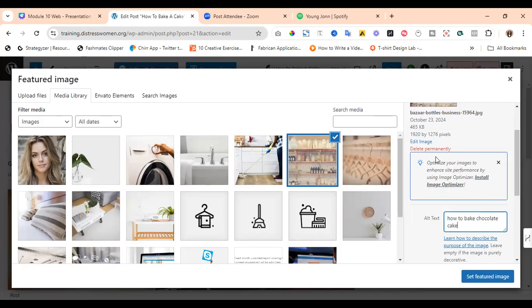So now even WordPress is recommending you to install Image Optimizer, so you may just want to install it. What the optimizer does is, any image you upload, it helps reduce the size of the image to fit the recommended size for the media. Okay, and you click set